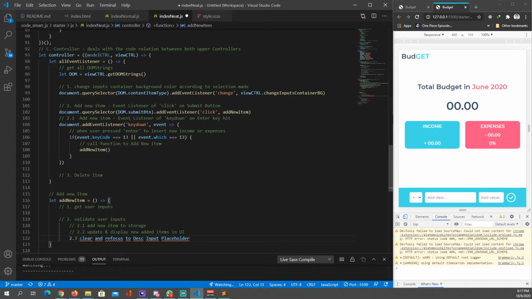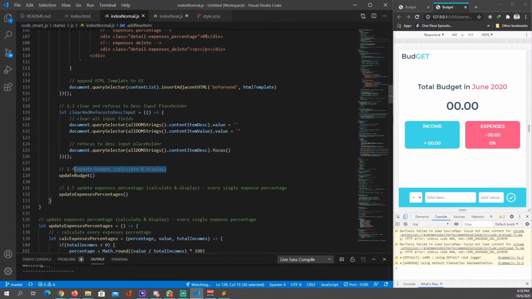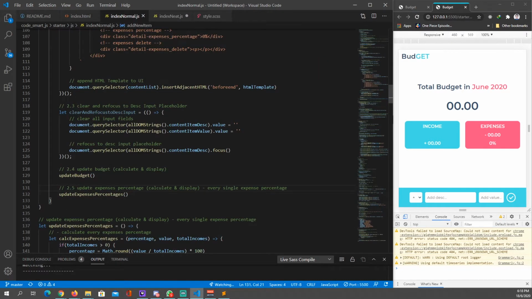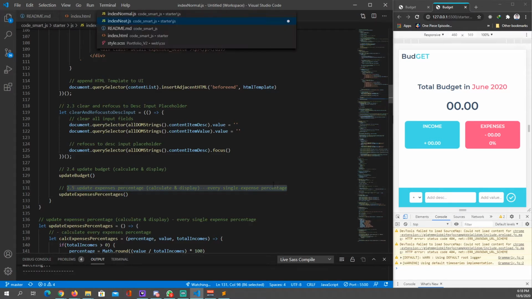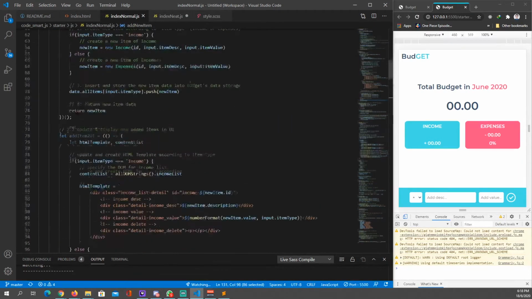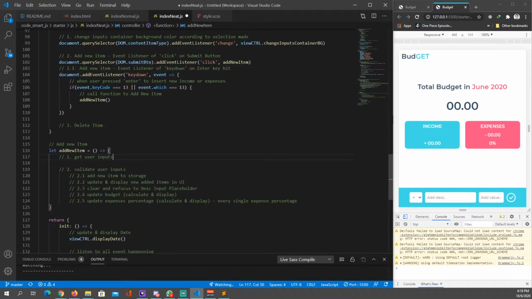Oops, comment first. It's going to be clear and refocus the input placeholder. So your 2.4 is going to be update your budget calculation, and your 2.5 is going to be update expenses percentage, right? So this is what we're going to do in our add new item, same as before. If you see all this back, in our index JS, we're going to compartmentalize